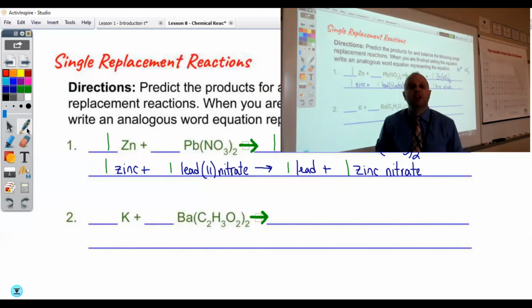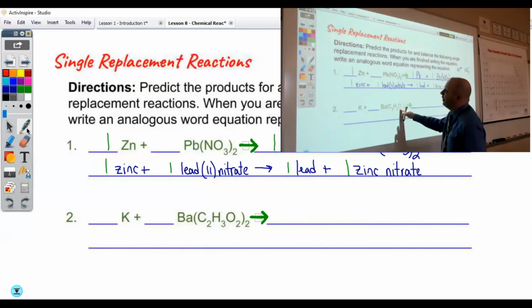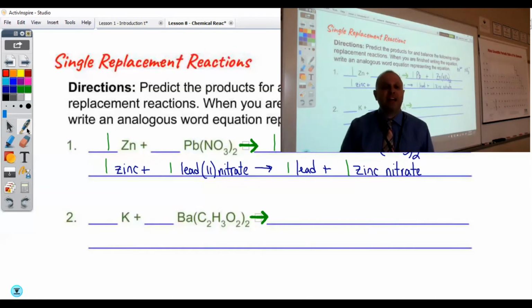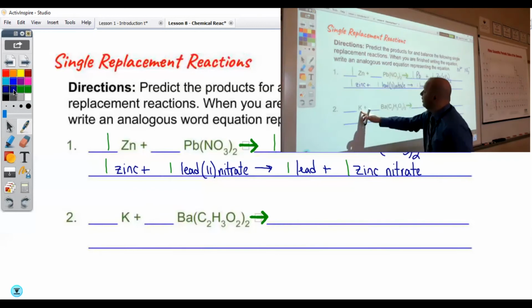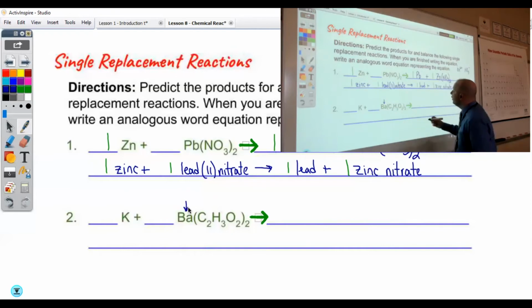Okay, taking a look at our second example, we have potassium reacting with barium acetate. Now, if you remember from looking at the chart, potassium is one of our most reactive metals. So barium is definitely lower on the chart than potassium. Now, in this problem, what we're going to do is say that potassium is going to replace the barium, the positively charged part of barium acetate here. So the new compound that forms is going to be potassium acetate, which is going to be